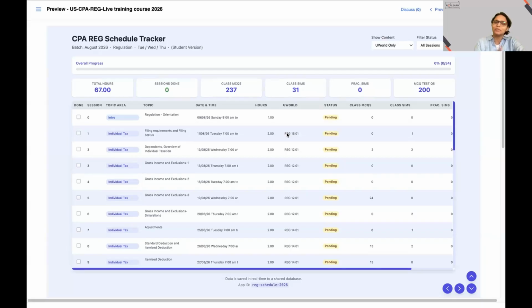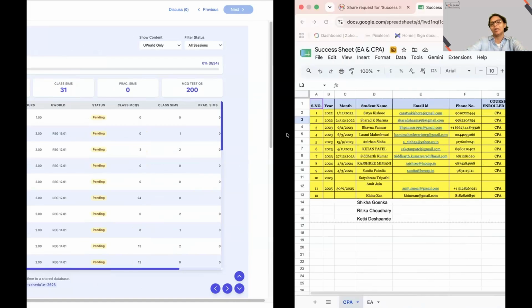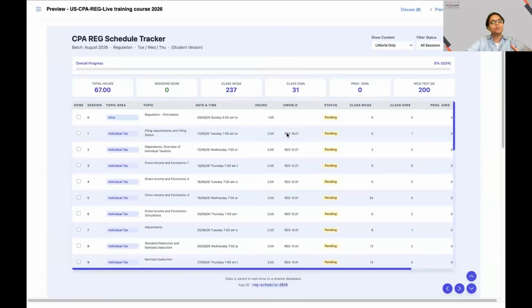So first the class, then the MCQs. When you're doing the MCQs, mark or flag the MCQs from UWorld. I will also show you the UWorld database afterwards. Okay. So flag your MCQs, know which questions you would want to revisit, and then time yourself out and do the sims. Okay. And one thing I want to tell you is, please do not see the answers before submitting